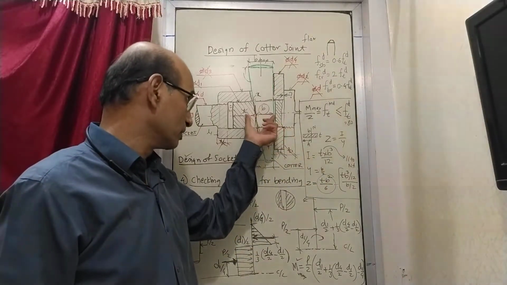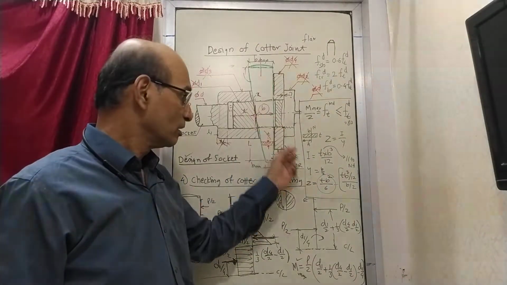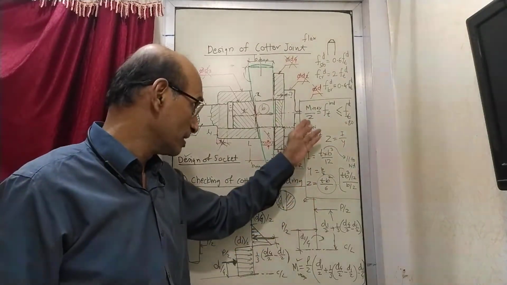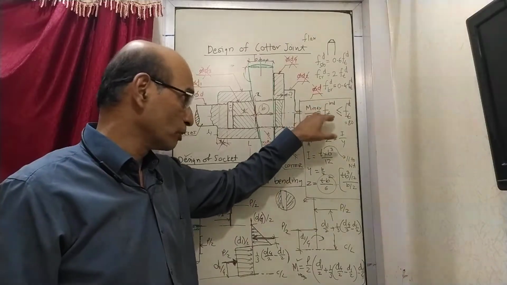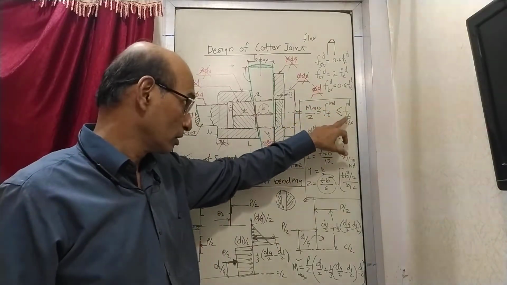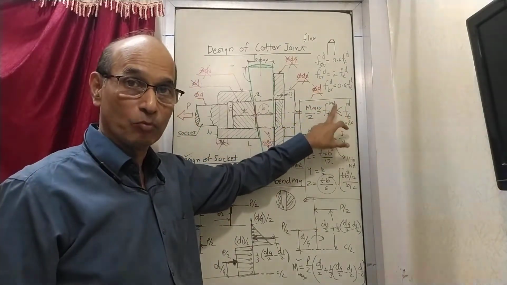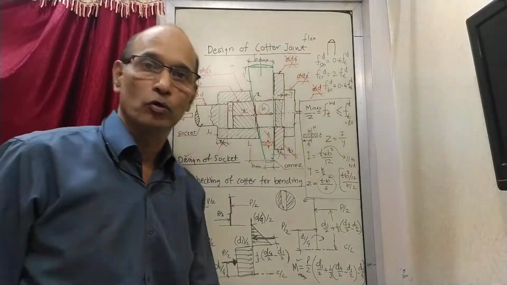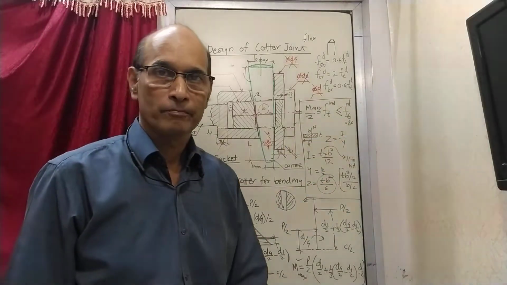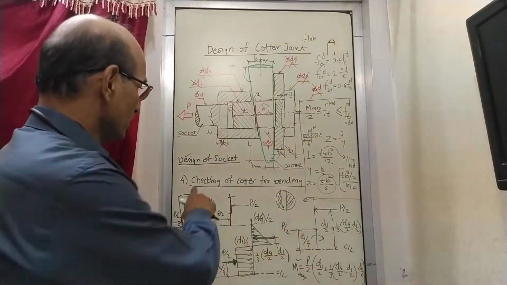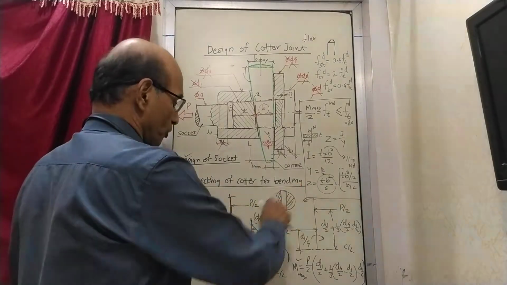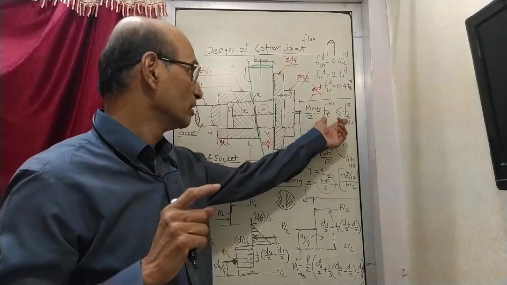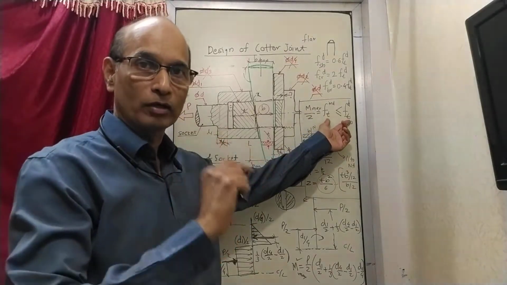This B can be increased such that when you make it square, it will be even more, and you will be able to increase Z, and once you increase Z, this value will come down if it is not less than 80. If it is more than 80, then make some change in B and it will be brought below the design stress. And once you do that, you can say that this is checking of quarter for bending. You can say that quarter is safe in bending. If this is the case, less, then below that you write quarter is safe in bending.